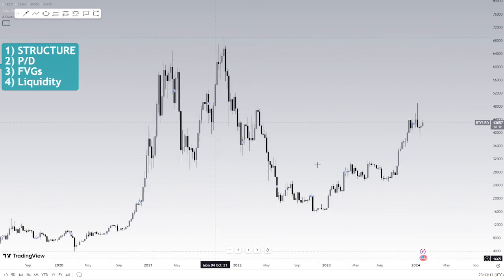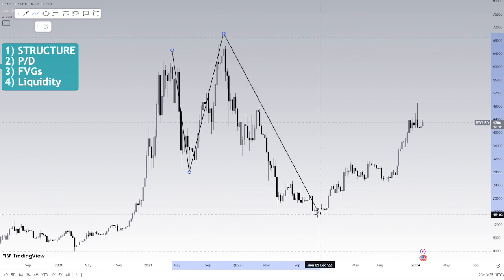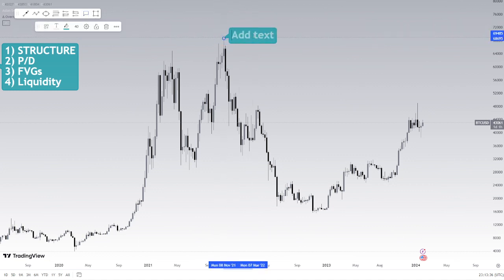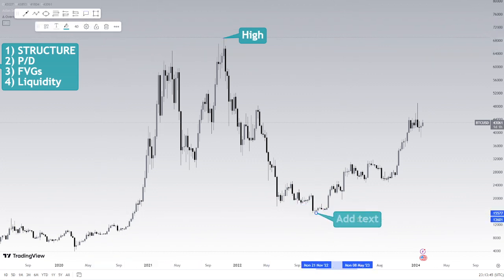So if we dissect our structure here on Bitcoin, what we see is a break of market structure in this region. So we saw a low here that made the all-time high back in 2021, and then we had the massive break over here, right? Now from here, we understand that we are bearish. We have a bearish structural dealing range. Now our high here coincides with the all-time high. So this is our high in the market. This is our structural high, and this is our structural low.